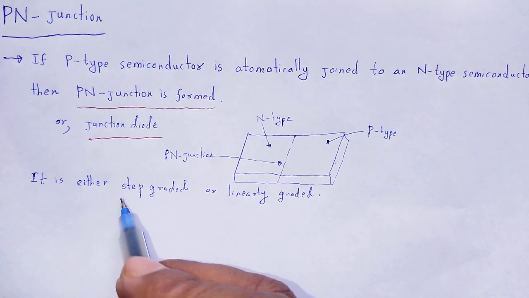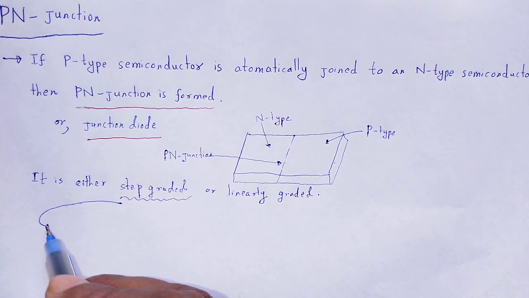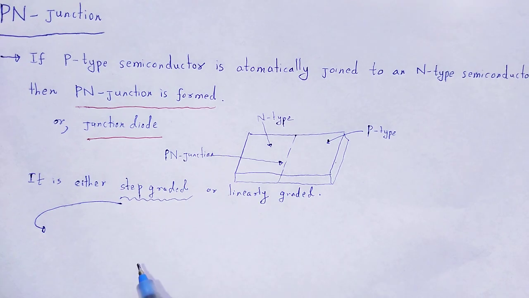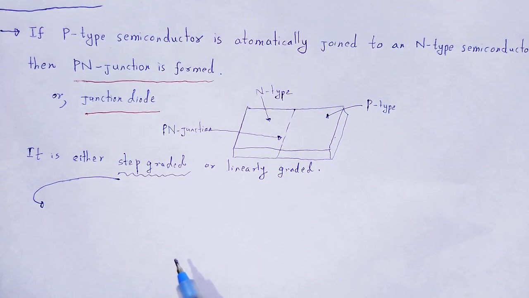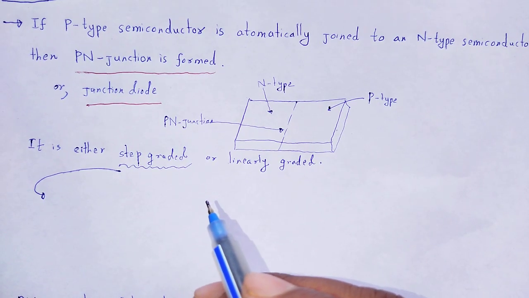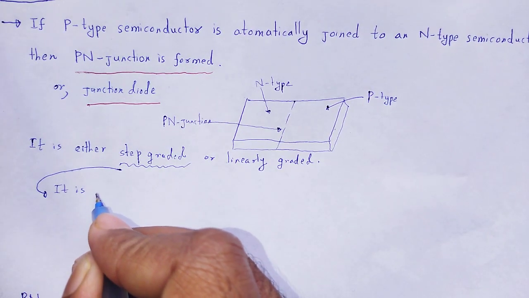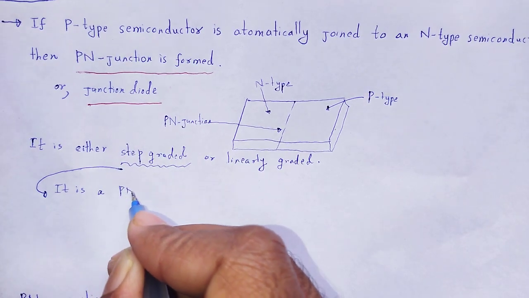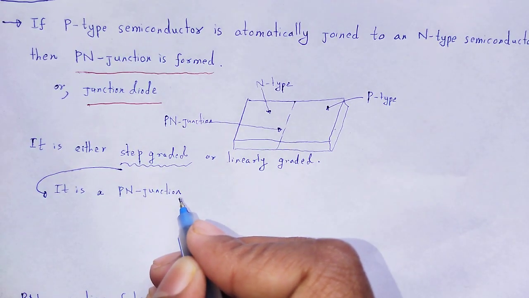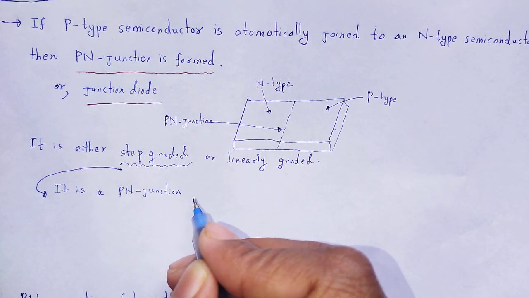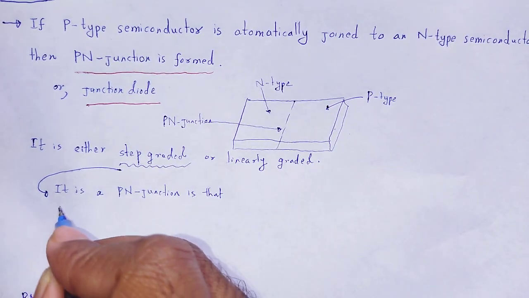So, what is step graded? Step graded is that type of PN junction in which